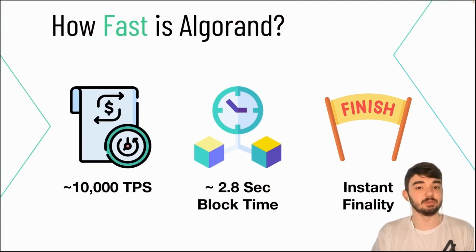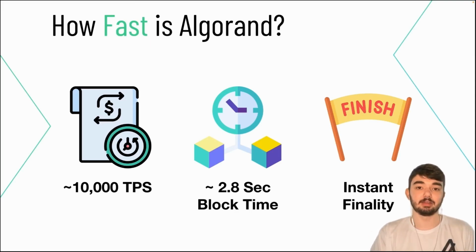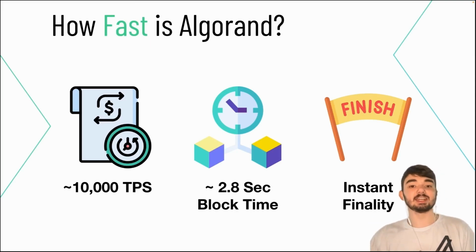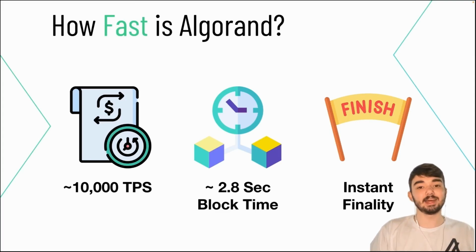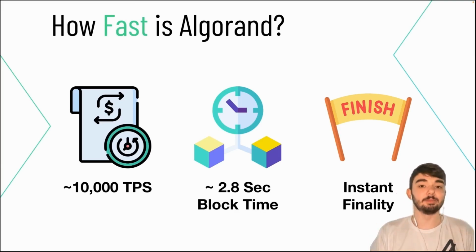So what does that mean for you as a developer and your end users? That means that whenever you do something on chain, it takes 2.8 seconds to get added to the chain. And once it's added to the chain, it can never revert back. So in other chains that don't have instant finality, you could run into what is called a reorg. And this basically means I think a block is added to the chain, someone else thinks that block isn't added to the chain, and there's a disagreement, and maybe the block that I think gets added actually gets removed and isn't on chain. And you can imagine in real world scenarios, having this reversal of transactions or transaction order can be detrimental and just add a lot of headache to you as a developer.